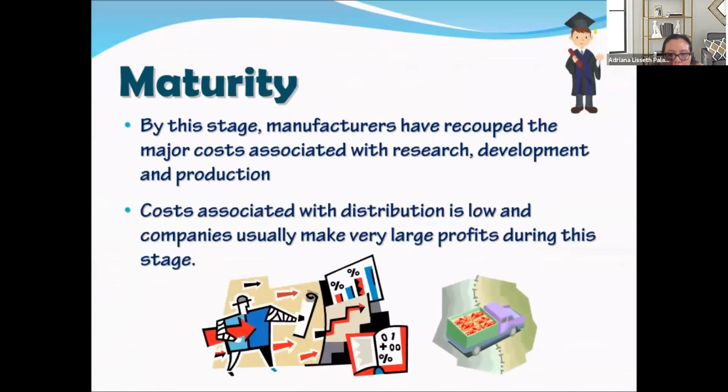And if you can somehow keep those customers coming back and buying your product, then this is where you're milking, right? This is where you're milking that cow, that product that you have, and you just keep milking it, and that's all money in your pocket, right? Manufacturers have already recouped the major costs associated with the research, the development, the production. So any new costs are associated with distribution, and that's low. So companies are making huge profits during this stage. So if they can maintain that maturity stage over a longer period of time, this is where they can make